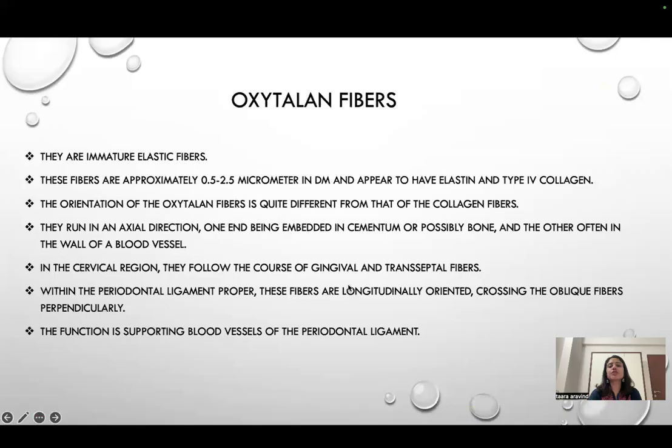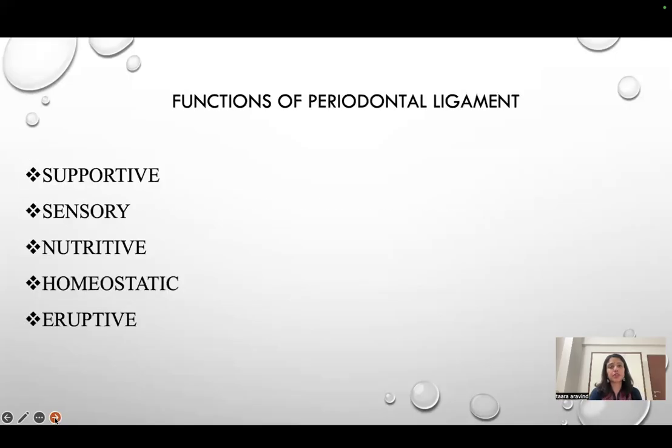In the cervical region, they follow the course of gingival and transseptal fibers. Within the periodontal ligament proper, these fibers are longitudinally oriented, crossing the oblique fibers perpendicularly. The main function of the oxytalan fibers is that they support blood vessels of the periodontal ligament. And coming to the functions of the periodontal ligament,